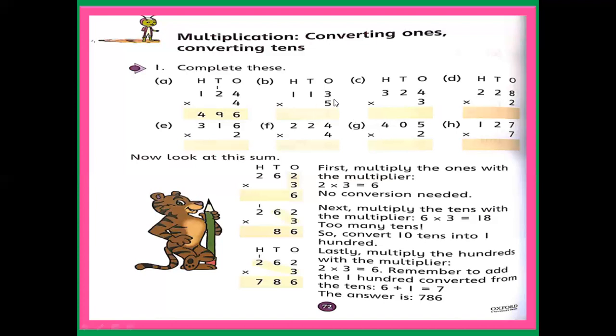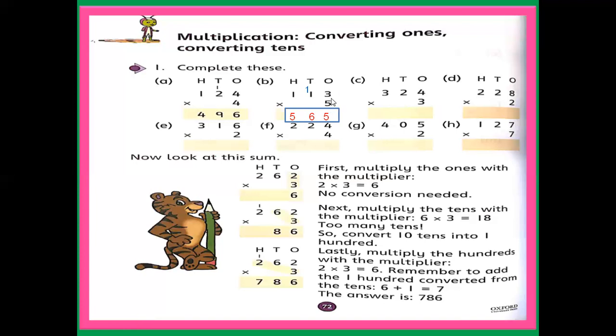B part. 5 threes are. So read the table of 5 or read the table of 3, no problem. Read the table of 5. 5 ones are 5, 5 twos are 10, and 5 threes are 15. So write 5 here, right? 5 here, and 1 will go to add into 10, right? 1 right a little above, then again multiply 5 with 1. 5 ones are 5 plus 1, 6. Then 5 ones are 5. Okay, so it means we multiply 5 first with ones.